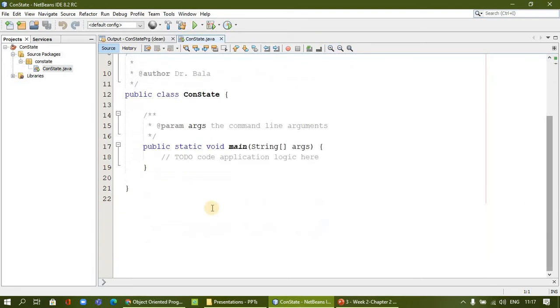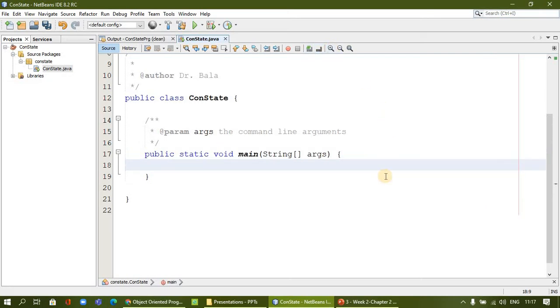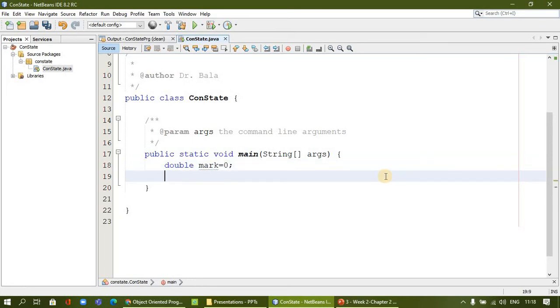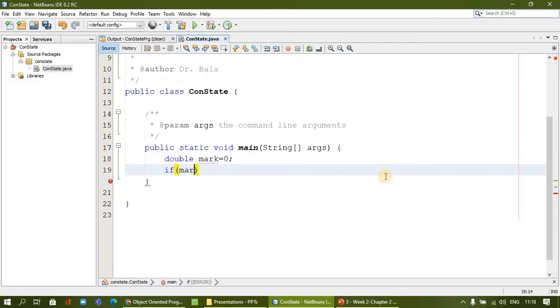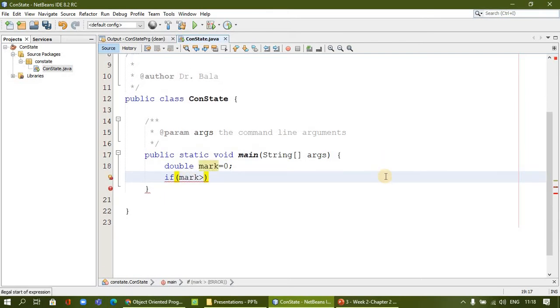I will use a mark sheet example, for example mark failed or pass, something like that. So I'm going to declare double mark. Okay, let it be 0 in the beginning. I'll just assign if statement. I'll have if statement mark is greater than 67.